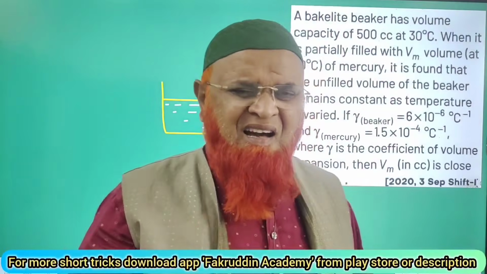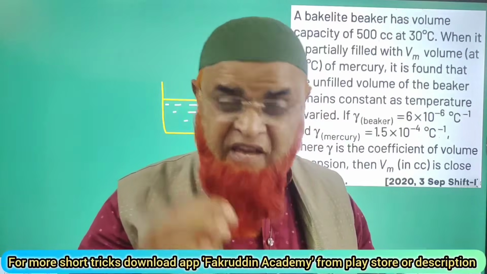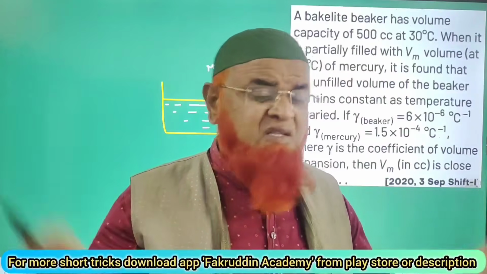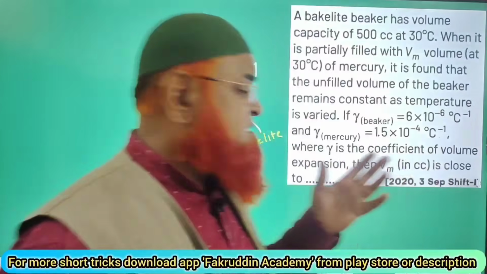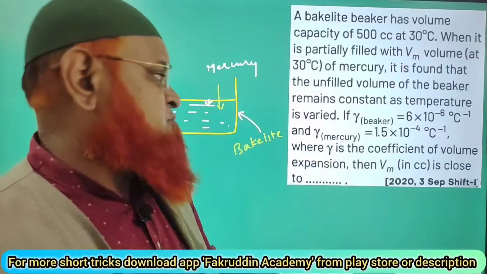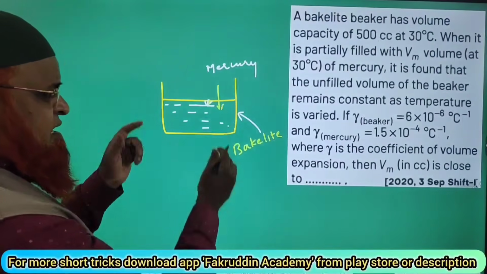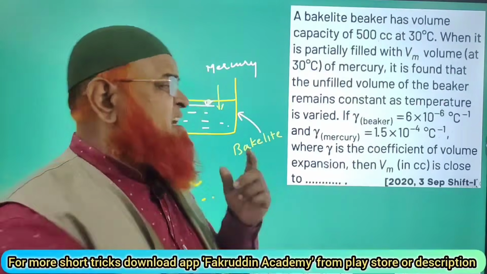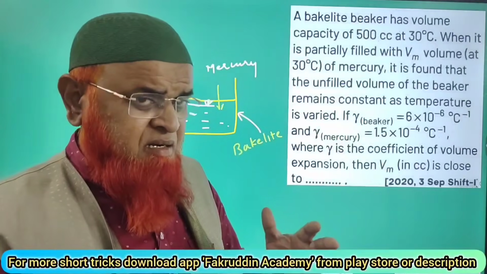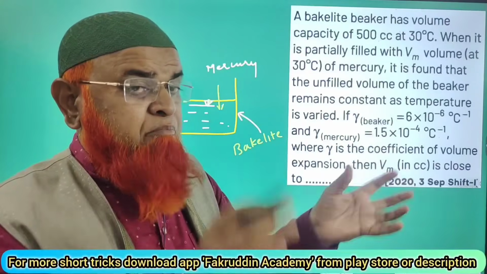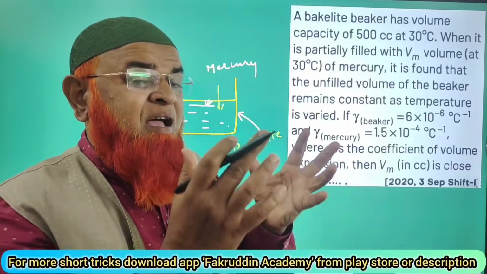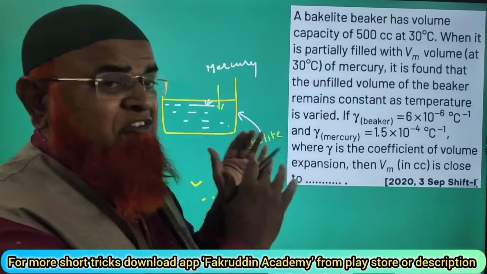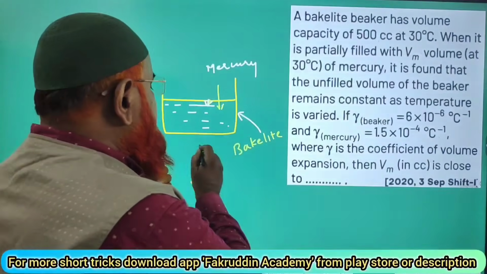My dear students, let us solve this problem in a super simple way, and you will be amazed at how simply we can solve this problem. It takes only 5 seconds. You can just see the beaker. It's made up of bakelite. It is having mercury inside, and it is said in the problem that bakelite and mercury are expanding equally. That means if the beaker is half filled, when you heat from below,